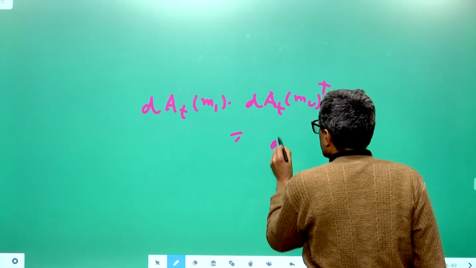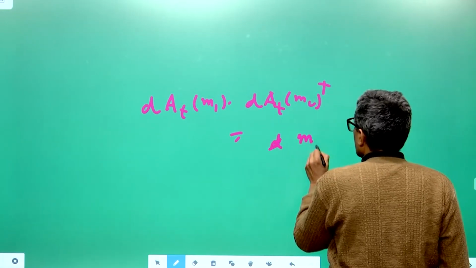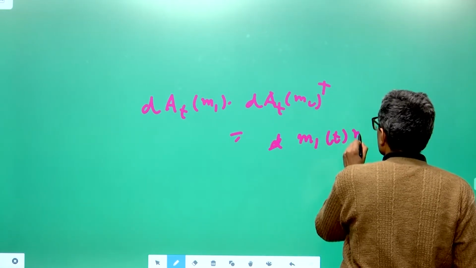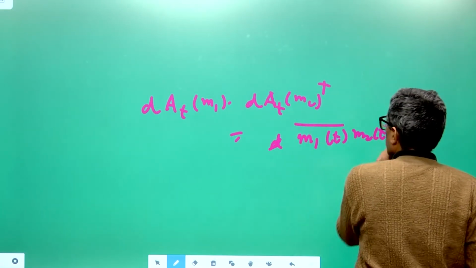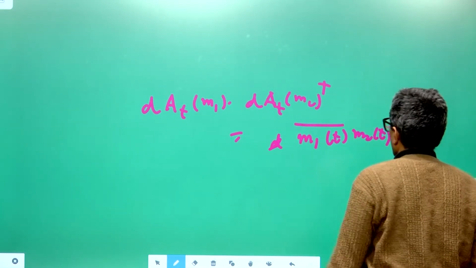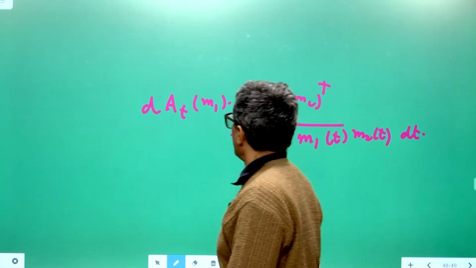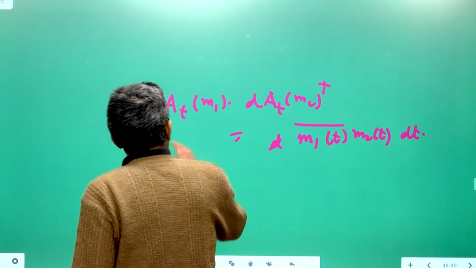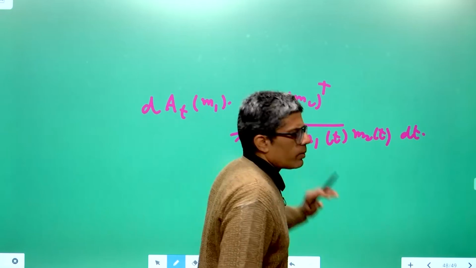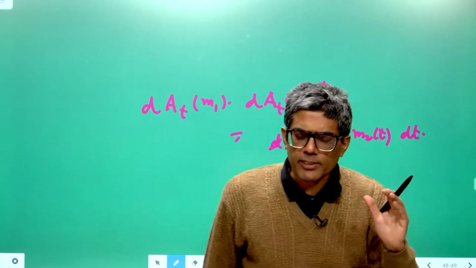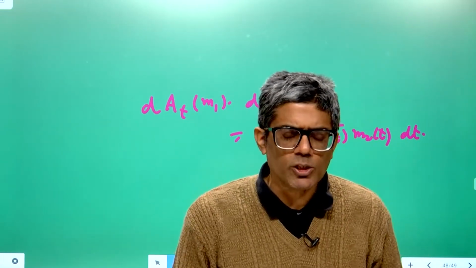This is nothing but m1t, m2t, m1t bar, m2t dt, the general form. So this is called quantum Ito's formula. Quantum Ito's formula is a natural consequence of the Heisenberg uncertainty principle, because it has been derived using only the